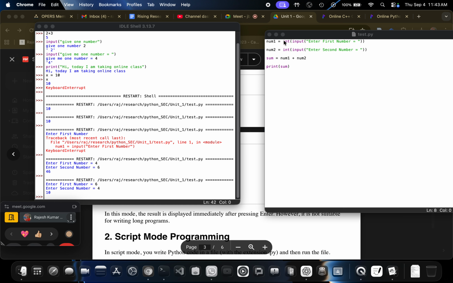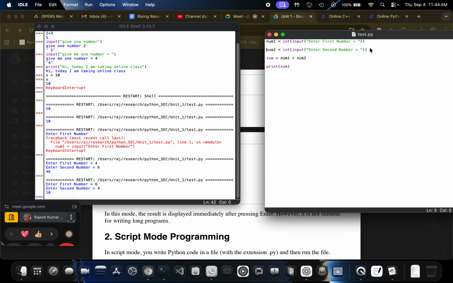So if I put int here, that means it is telling that whatever we are inputting here is an integer, and whatever we are inputting here is an integer, and then it is summing it as a numerical sum. If we don't put int, it doesn't understand, because the input function always takes it as a string.